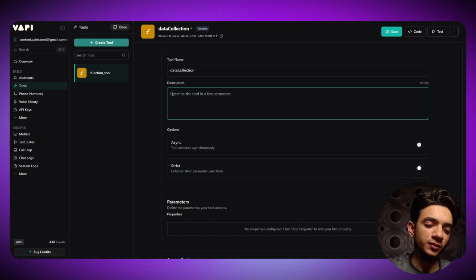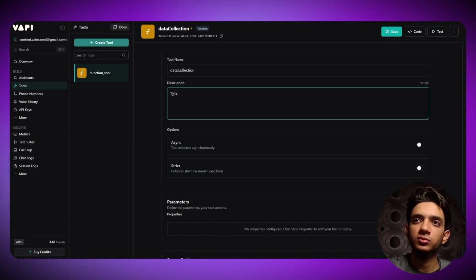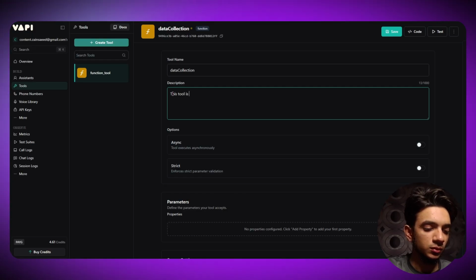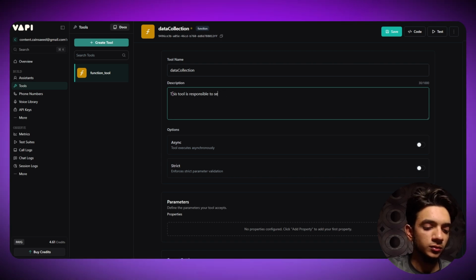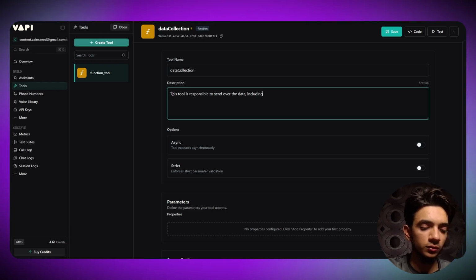We can simply say that this tool is responsible to send over the data